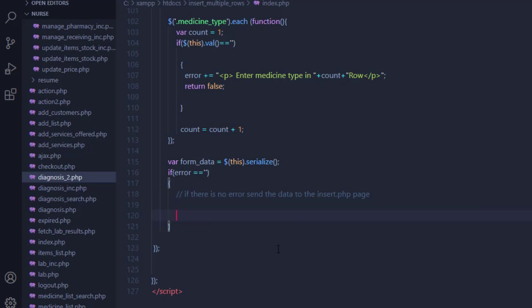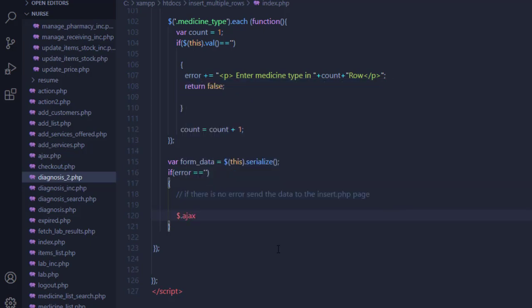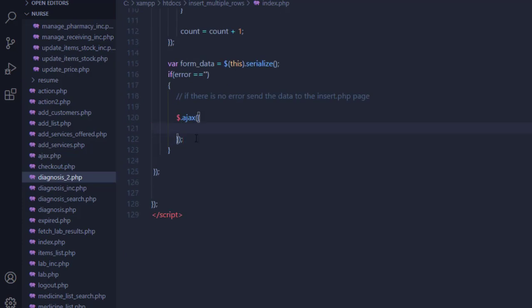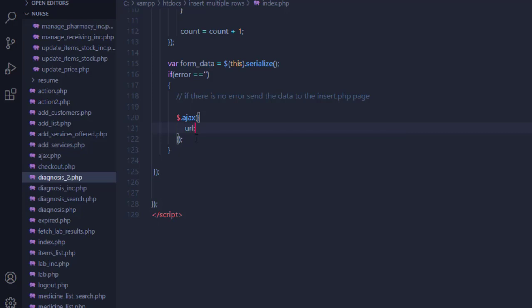So we'll be using AJAX, so I'll say $.ajax, then a set of brackets and a set of curly brackets within that. Then I should not also forget to close these as well. So now inside here we're going to come and have the URL where we are going to come and have our insert.php. So we will actually have the insert.php here,